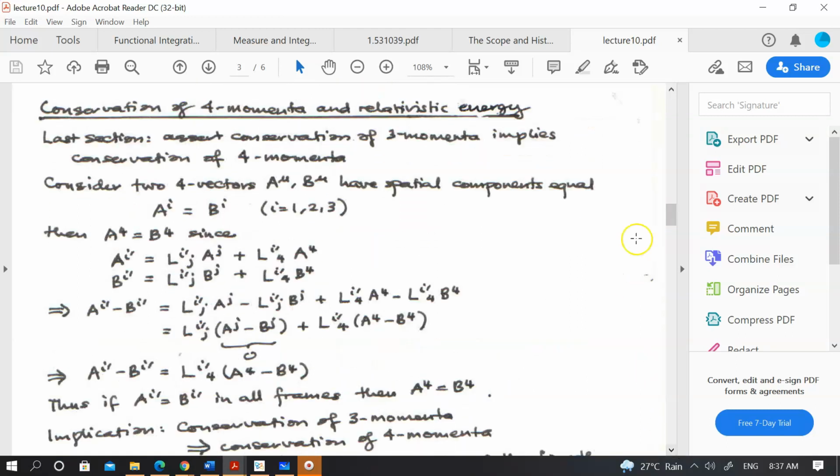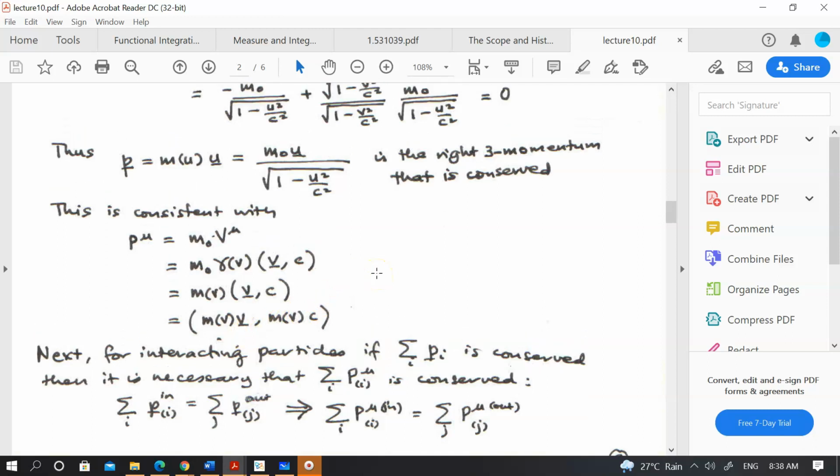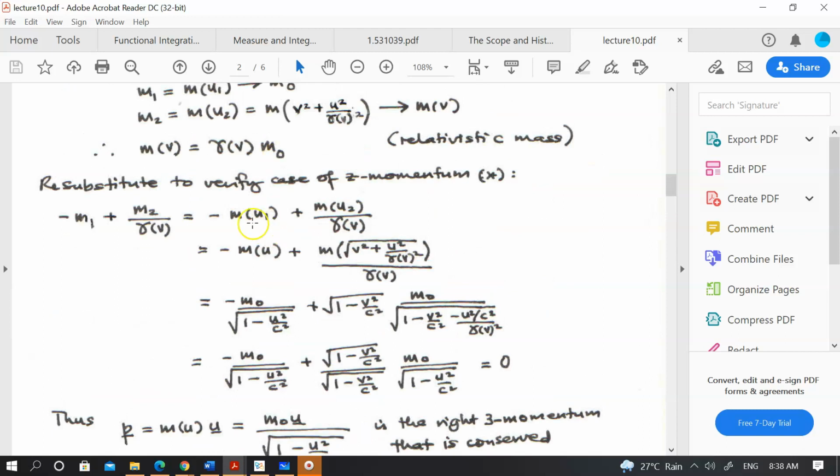Your three momenta is given by the relativistic mass times the velocity. Now the relativistic mass is given by, I think there was another formula for your relativistic mass. It's given by that. So that would actually give you